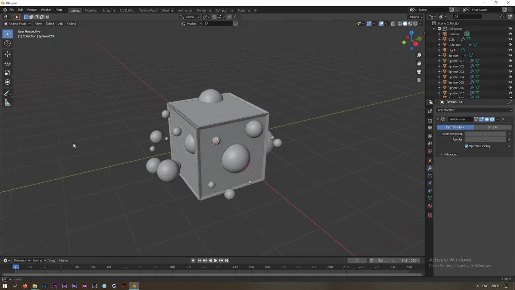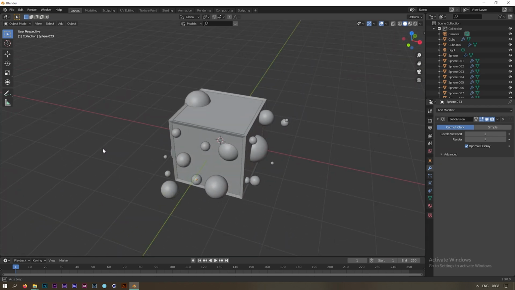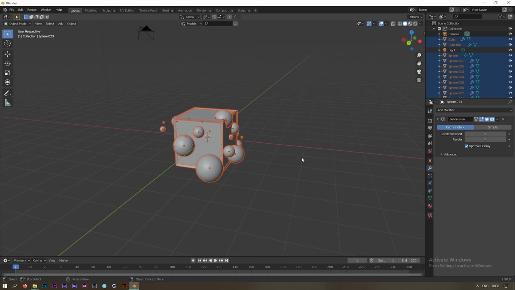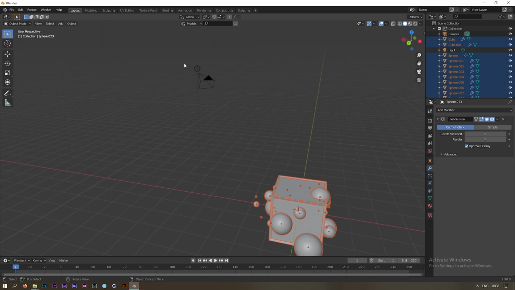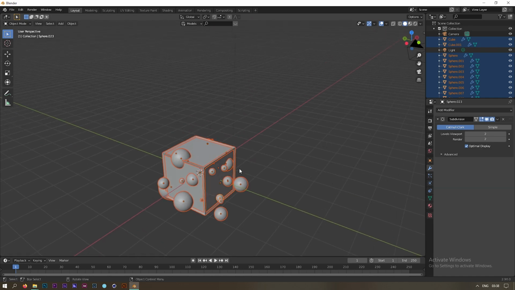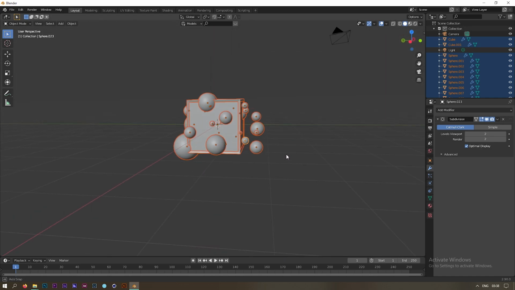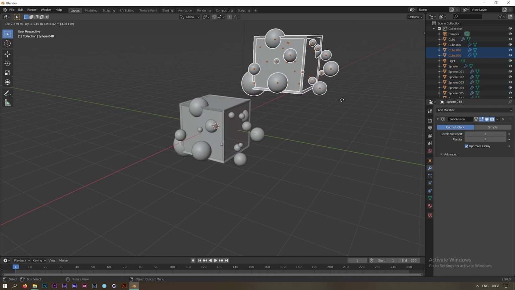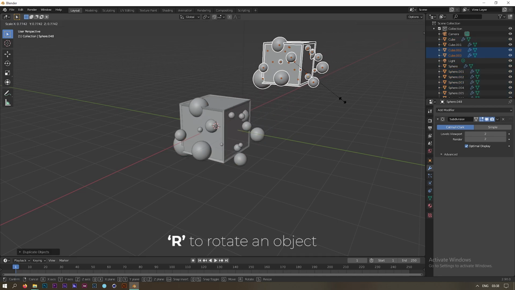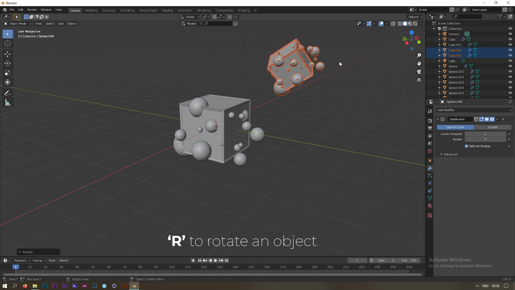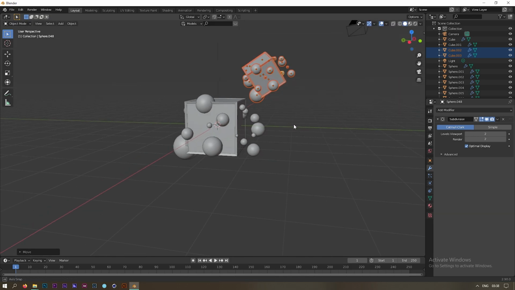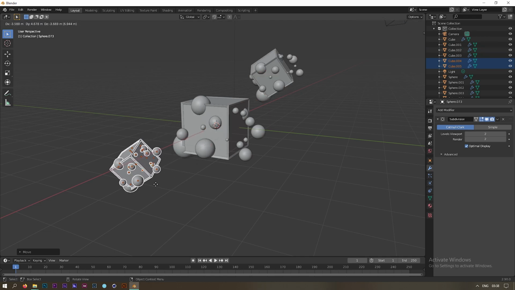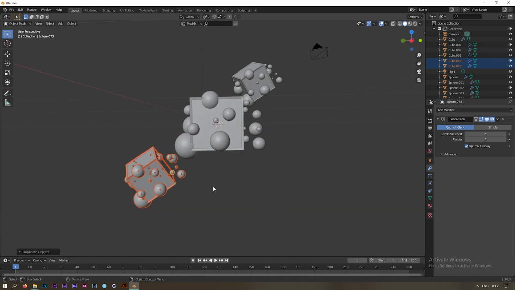So what I'm gonna do is select all of these objects over here, and make sure you don't select your light and your camera. Okay. So I'm gonna press Shift D and duplicate it. I'm gonna put one right over here, scale this down, rotate this, and place this somewhat closer over here like this, and then I'm gonna press Shift D and place one right over here, and rotate